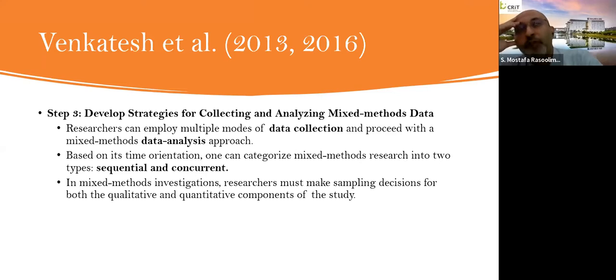Okay, go back to our example, pro-environmental behavior of hotel guests, right? So we decide to collect data from both hotel guests and the managers to complement the results from two parties. But collecting data from hotel guests and collecting data from managers can be done concurrently, right? To collect data from managers, we don't need to know the results from hotel guests, right? So these two data collections can happen together. So it's complementarity, and